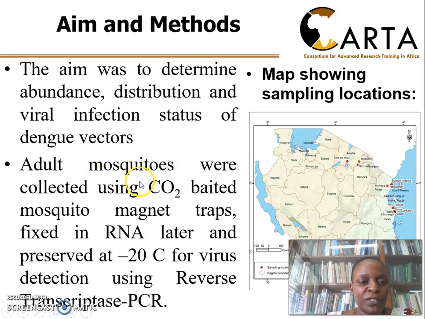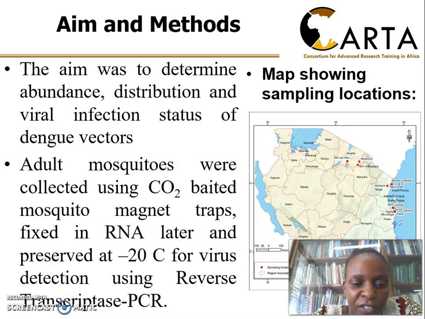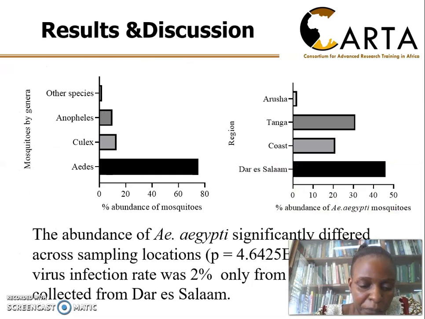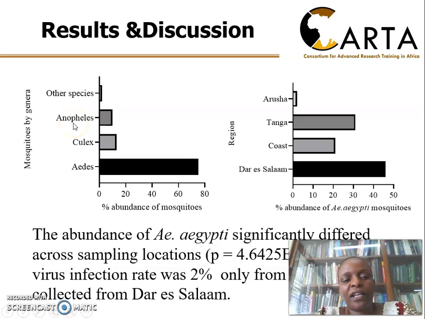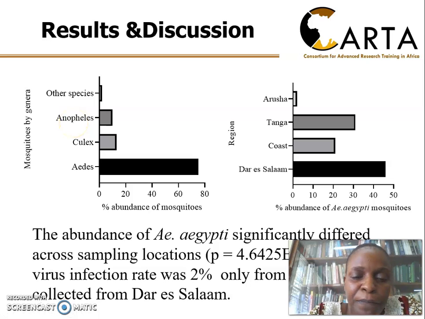The adult mosquitoes were collected using the magnet trap, carbon dioxide baited, and were identified morphologically, and only mosquitoes from Aedes genera were preserved for further virus detection. The morphological identification gave the following results. The collection was dominated by mosquitoes from Aedes genera, followed by Culex, Anopheles, and other species that couldn't be identified